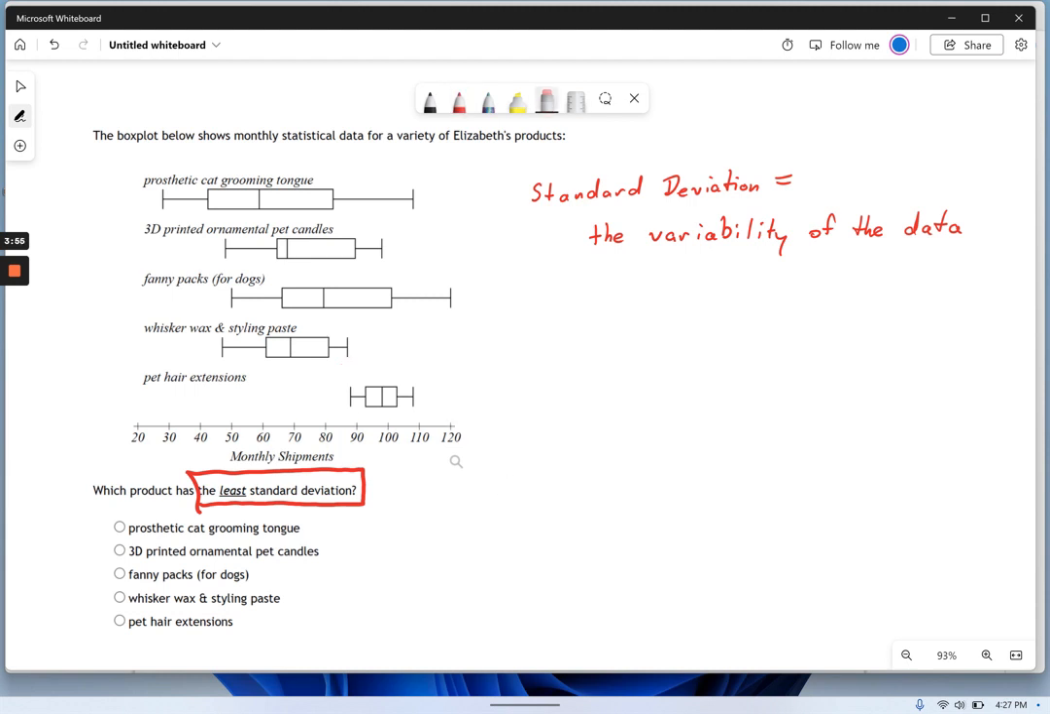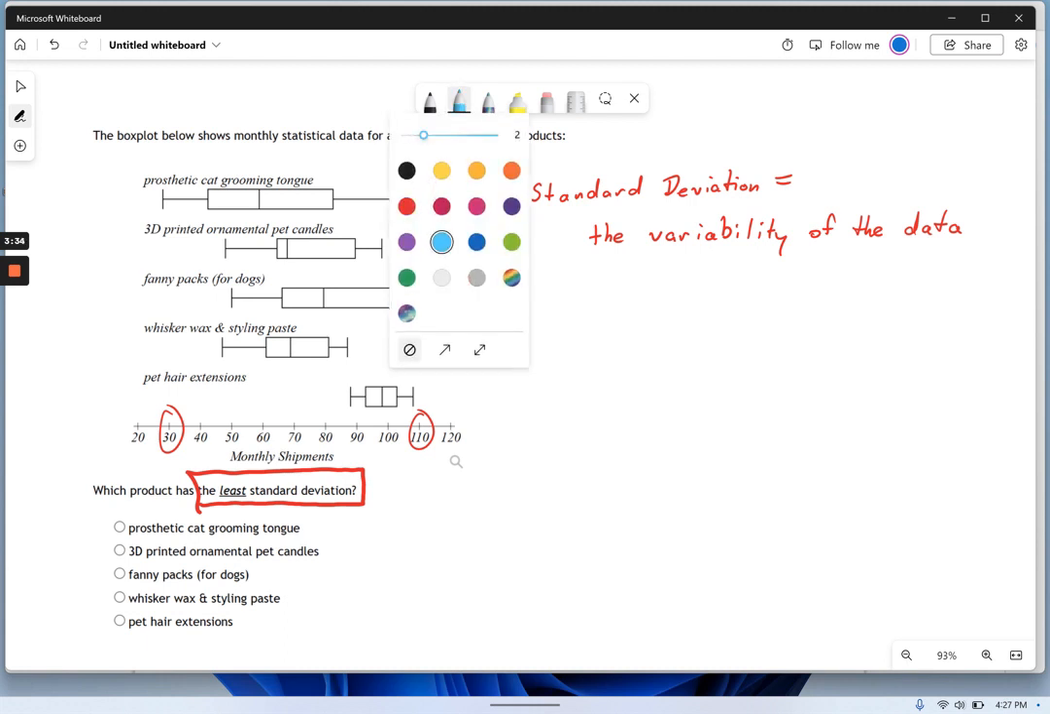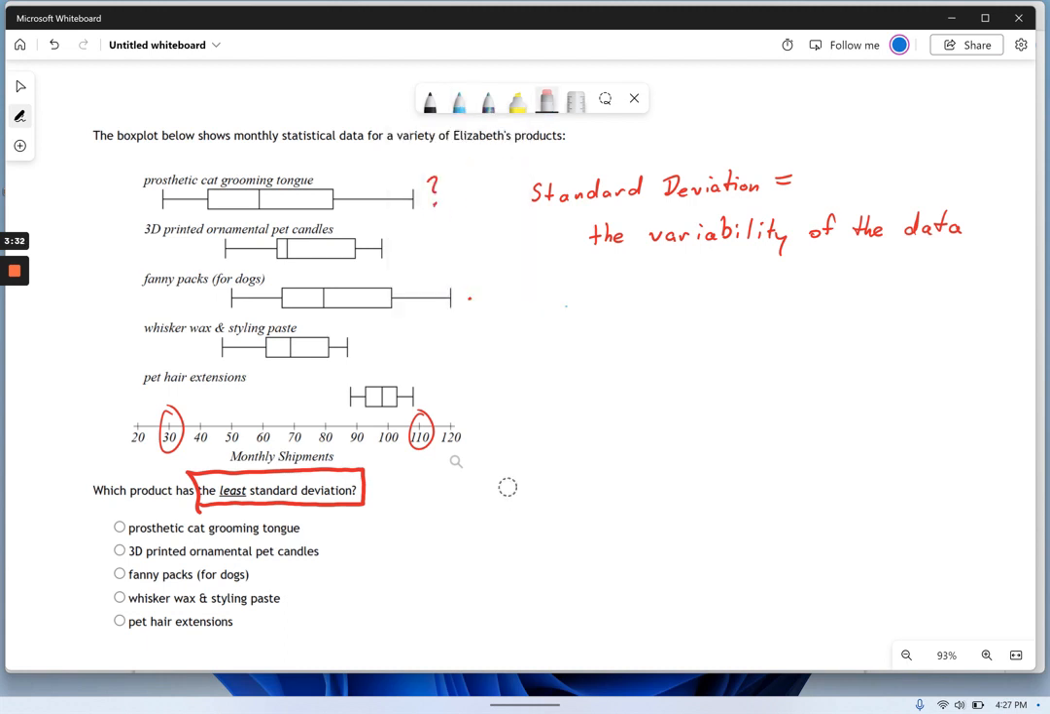If I had to say which one of these had the largest standard deviation, some versions of this problem have that, then it would just be a question of which one of these data sets is most spread out. And for most spread out, I would say probably this one or that one, right? They both look pretty far. I might measure, say, the cat grooming tongue goes from 30 to 110, whereas the fanny pack for dogs, let's put that one in a different color here. Fanny pack for dogs, if I had to look at its standard deviation, that probably goes from about 50 to